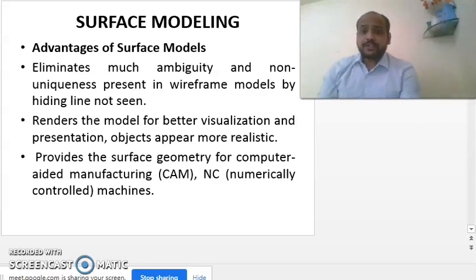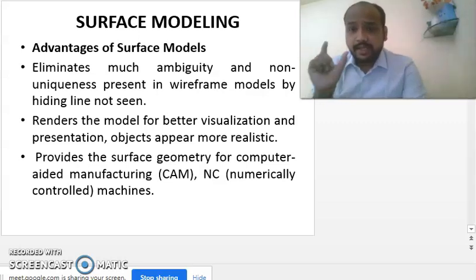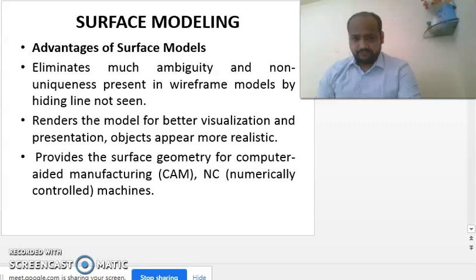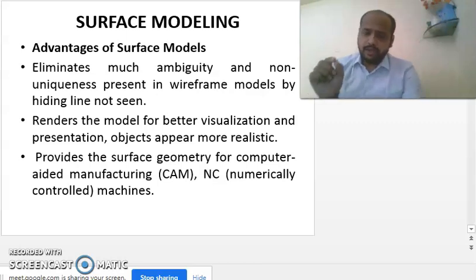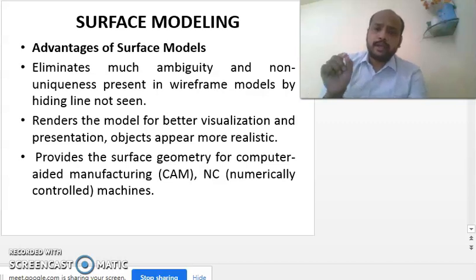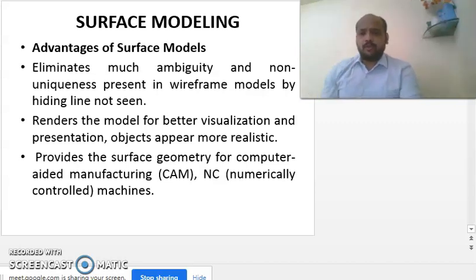So surface model, in short, you just remember one sentence. Surface models are just used for representing the appearance and aesthetic of the object. In short, it is just used for representing the appearance of the model, how it looks.